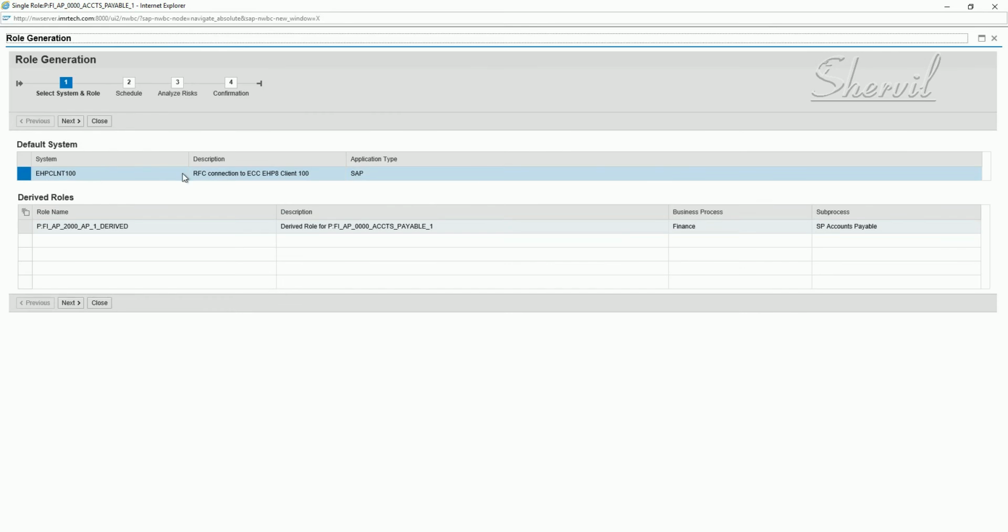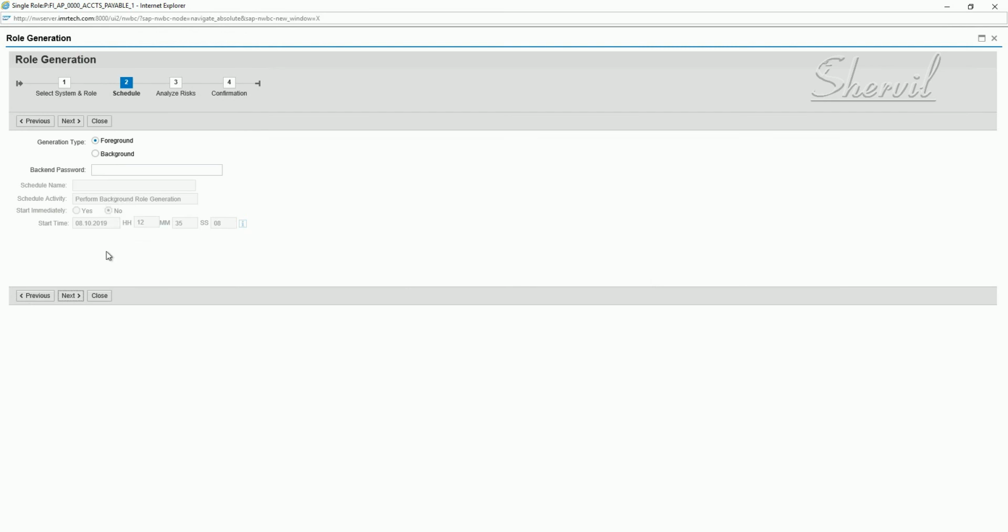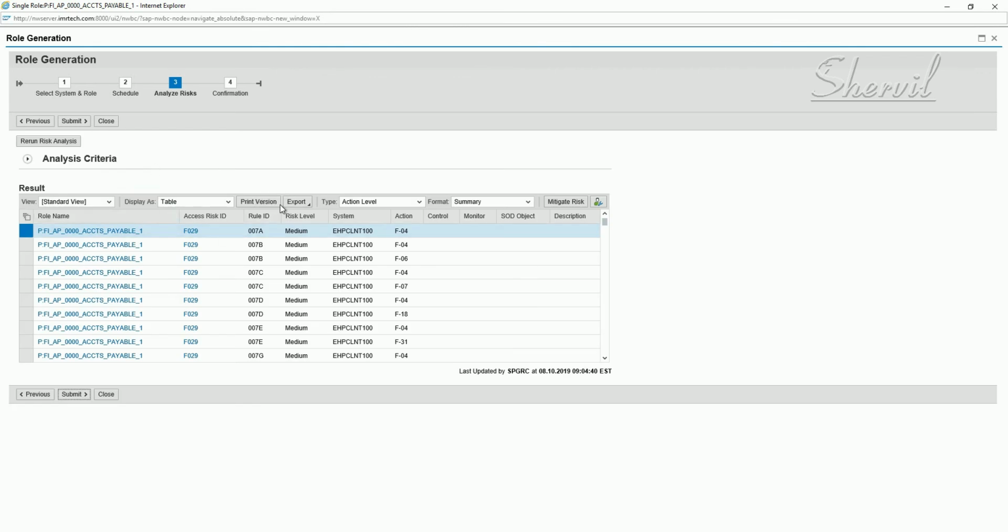Save and generate the role. Select the derived role. Say next. Enter the password. So because the master role had the risks, you also see the risks here. If you want, you can mitigate the risks and say submit.